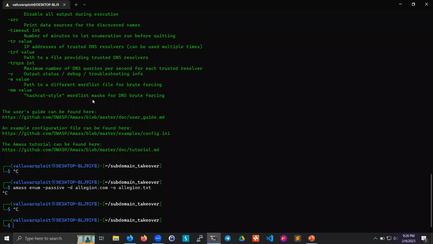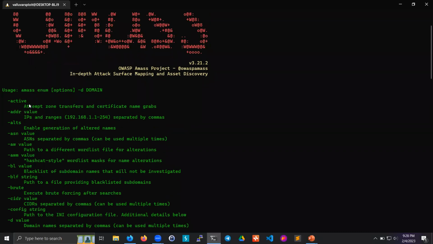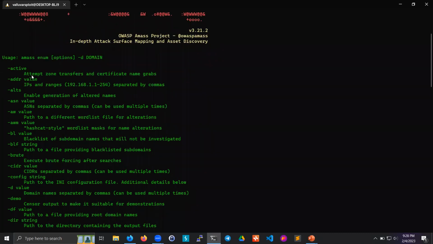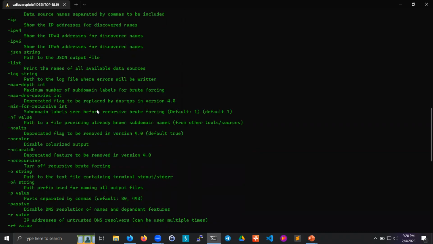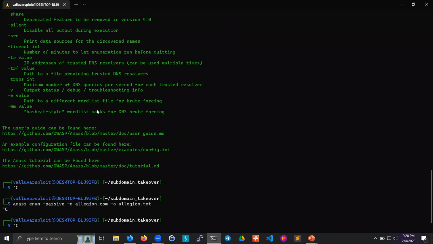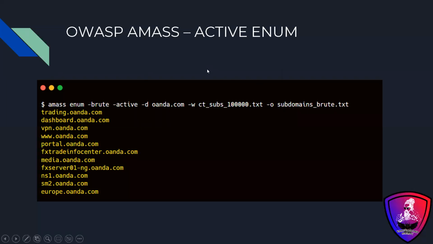Let me cancel it. So we go tab, you can use the active flag. So what it will do is the zone transfer also, and it will do the certificate grabbing also. And we can use the active flag and we can use the brute flag, and we can provide the wordlist using the W flag. So once we've done that, it will do the brute forcing and you'll be getting more results compared to